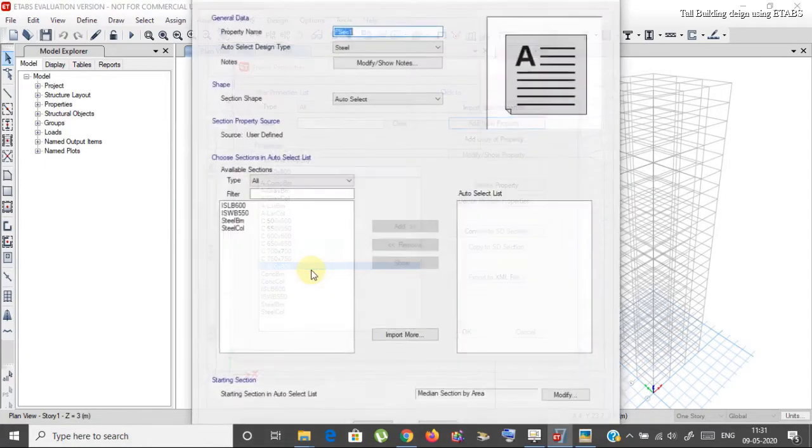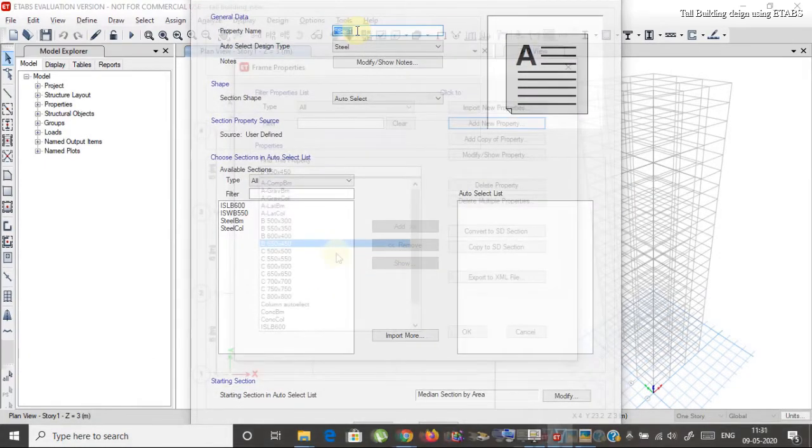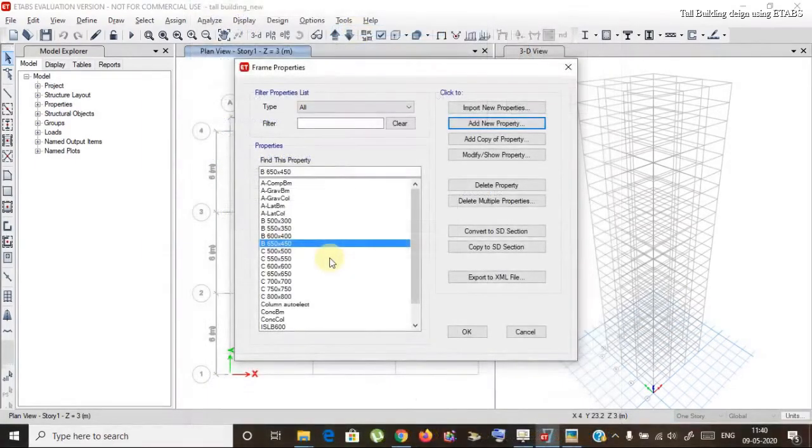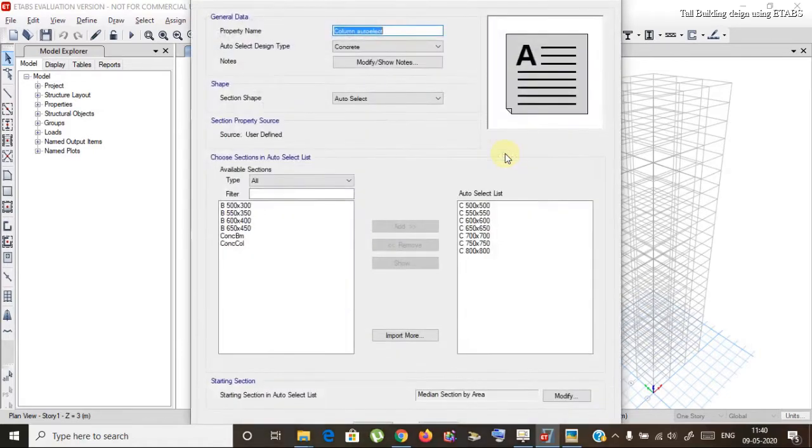and I will go to add new property, auto select list. Now after column auto select, giving the column sections in the column auto select, here you can modify the show property. Here I can show that the columns are added in this manner by giving this add section,